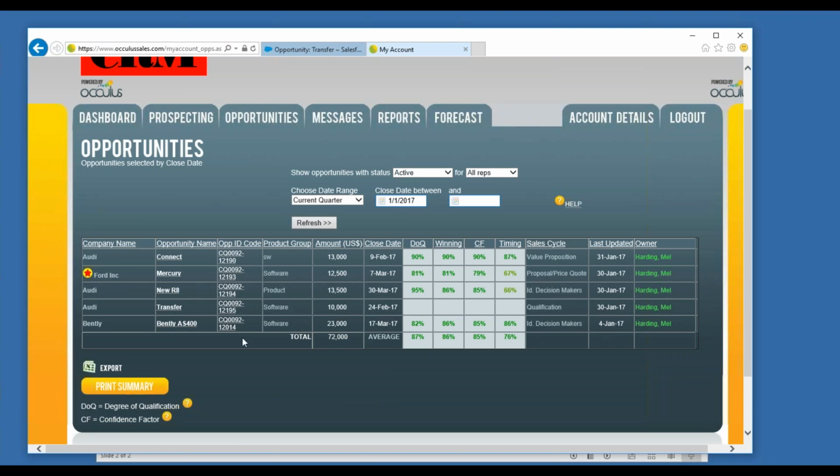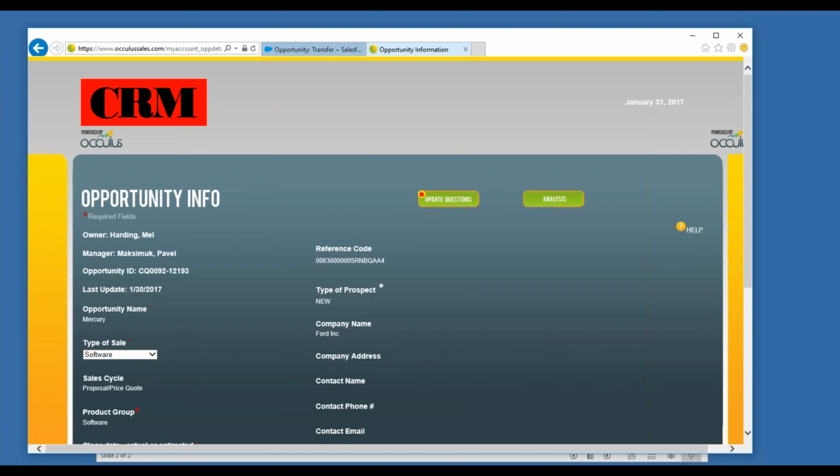And you will notice here there's a red star. This is an indication. It's actually called a comment alert icon. And what it is, to you as a sales rep, it's an indicator that your sales manager has made comments on this particular opportunity. So I'm just going to show you it right now, but we're going to go into this in greater detail with another video. So if I click on this,